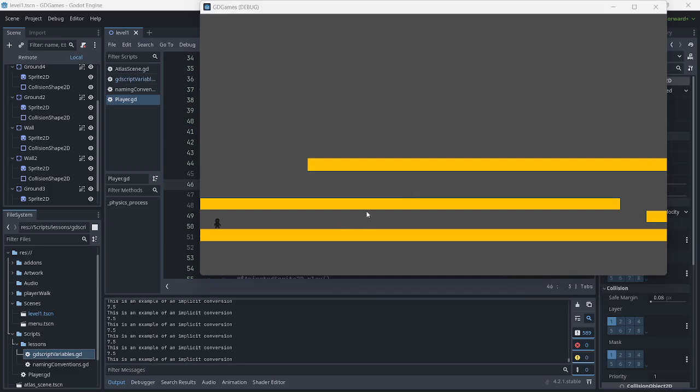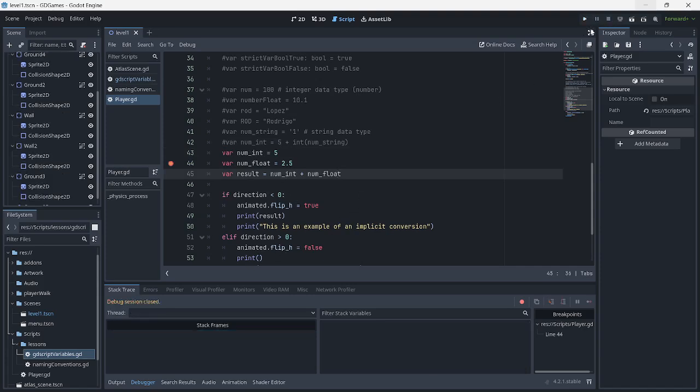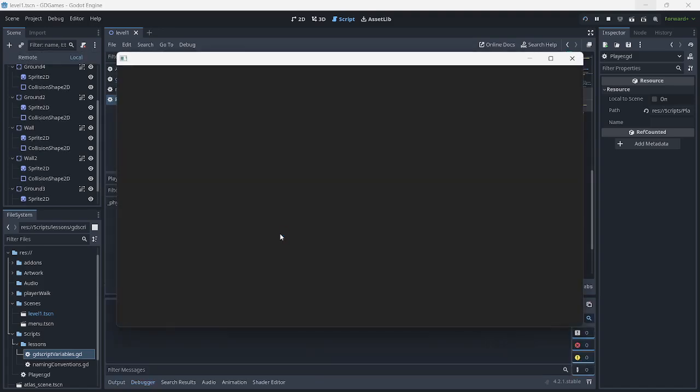So what we are seeing here right now is that JavaScript is implicitly converting the num int value that we have here, which is the integer 5, to a float value. We can see that in our output.